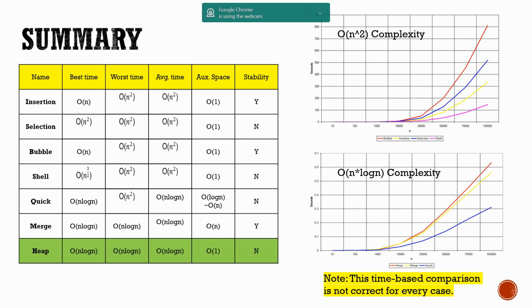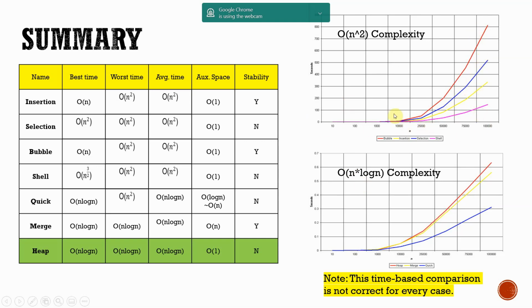It depends on the platform you're programming on, the hardware, software, the programming language you're using, and the proficiency of the programmer. But I also wanted to avoid the misconception that all the quadratic algorithms, or all the algorithms that have the same big O notation, would have the same time